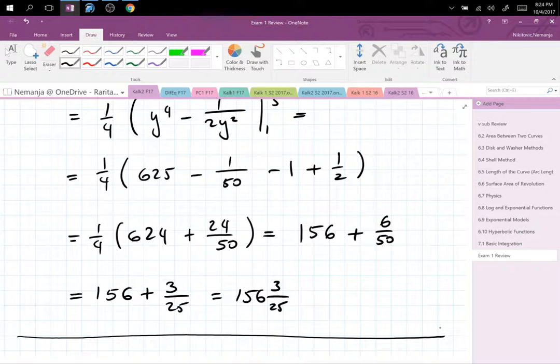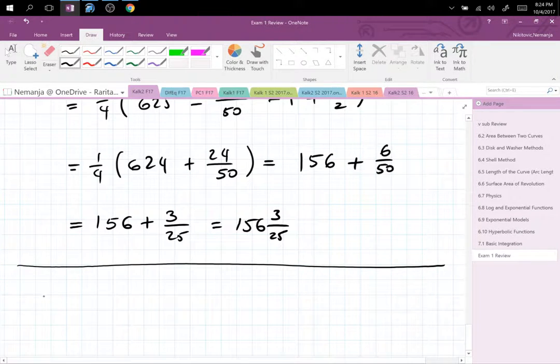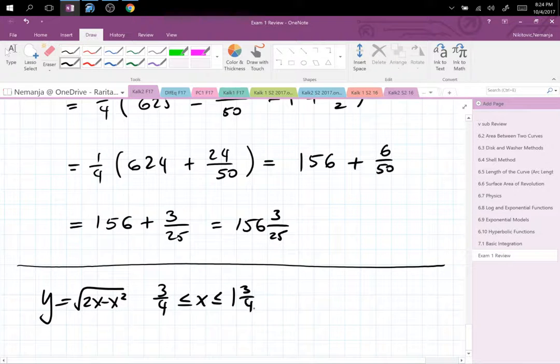What does it say? Find the area of the surface generated. Oh, surface of revolution. All right, so surface, let me just write it. Function y equals square root of 2x minus x squared on 3/4 less than or equal to x less than or equal to 1 3/4, and we have x-axis revolution. Good, thank you. So we're looking for surface area,